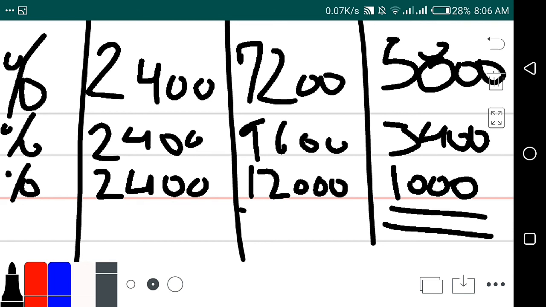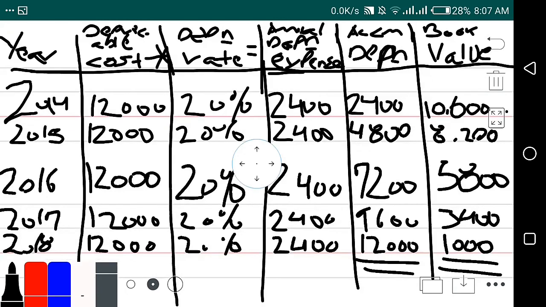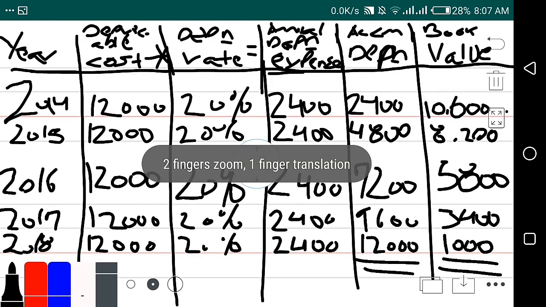Therefore we can check that accumulated depreciation is equals to the depreciable amount, and the book value is equals to the residual value at the last year in this example. Therefore, this is all about the example. Thanks for